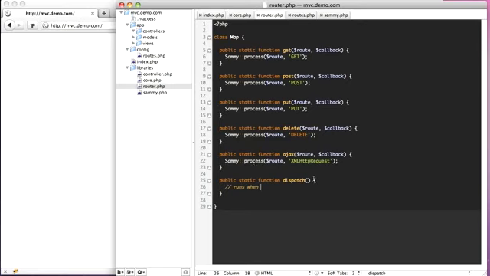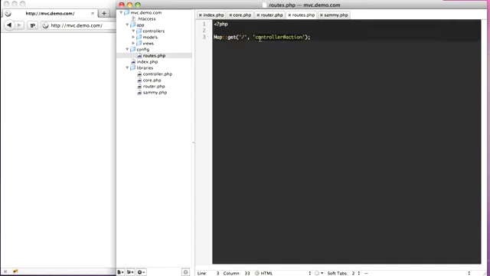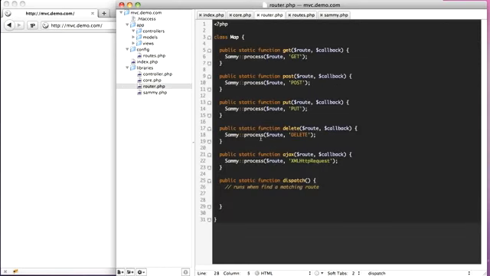So runs when we find a matching route. And what it'll do is we're going to find this route, this controller action. So it'll find the controller,